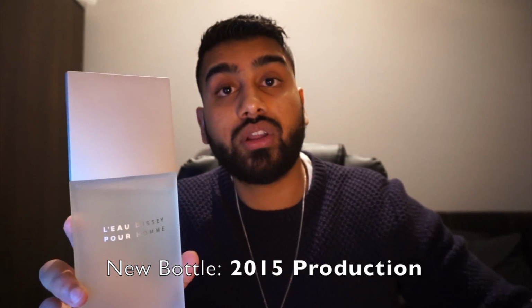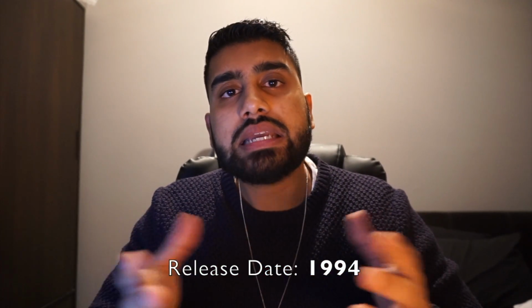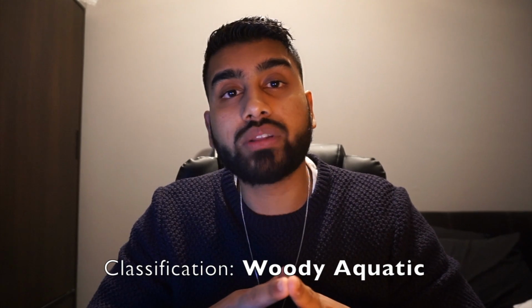Now later on into the review, I'm going to be touching upon the differences I find in both of these fragrances, and I'll be touching upon the subtle reformulation issue of this fragrance as well. But moving on to the review itself, Lotus pour Homme was released back in 1994, so the fragrance is around 22 years old now. The fragrance is classified as a woody aquatic, and the nose behind this fragrance was Jacques